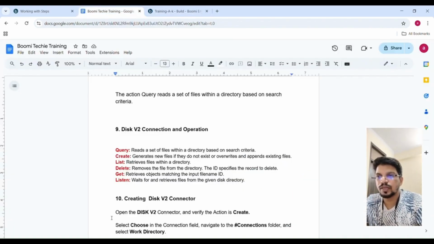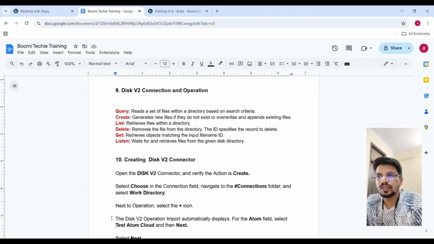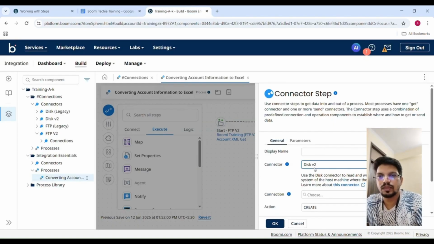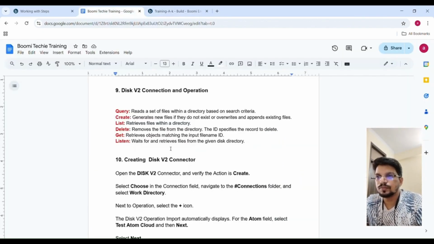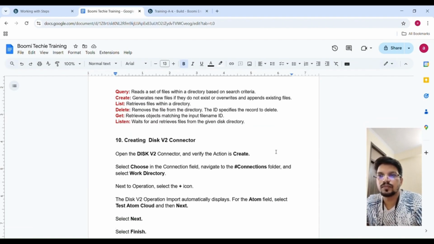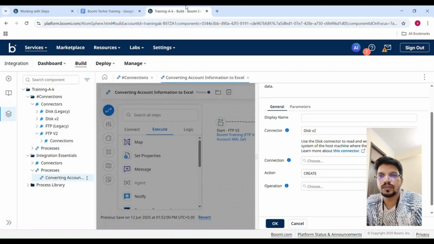तो यहाँ पे देखते हैं, पहले तो Disk v2 कनेक्टर ओपन करेंगे और एक्शन में क्रिएट में जाएंगे। Disk v2 कनेक्टर ये हो गया कनेक्टर टाइप, एक्शन में क्रिएट हो गया, और कनेक्शंस में आप देखोगे कनेक्शन में वर्क डायरेक्टरी है, तो ये वर्क डायरेक्टरी कनेक्शन को हम यूज करेंगे। यहाँ पे चूज़ पे हम क्लिक करते हैं और यहाँ पे हम चेक करते हैं वर्क डायरेक्टरी 2, इसको सेलेक्ट करते हैं, एक्शन क्रिएट है।